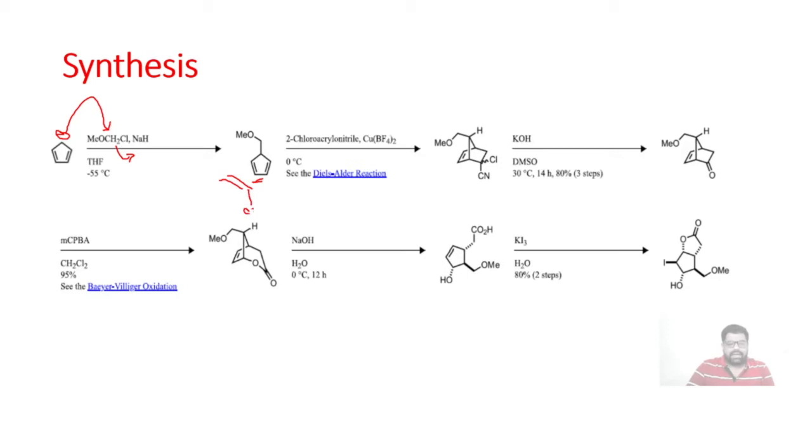This is the acrylonitrile, CN, over here, and at the two position we have chloro. So there is a Diels-Alder reaction between these two molecules, and we get this bicyclic compound. As we already studied, this Cl and CN can be hydrolyzed by KOH or any inorganic base, that is KOH or NaOH. So treatment with KOH, DMSO will hydrolyze this compound to keto.